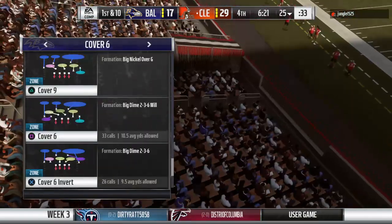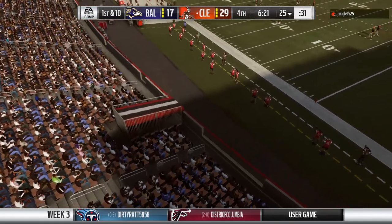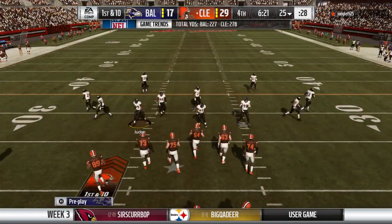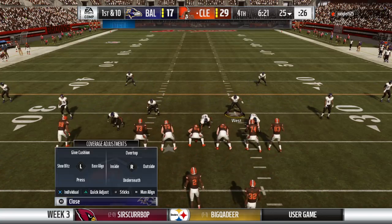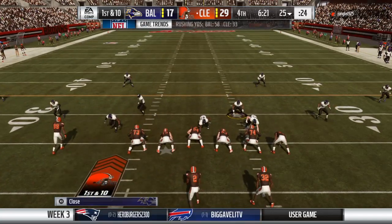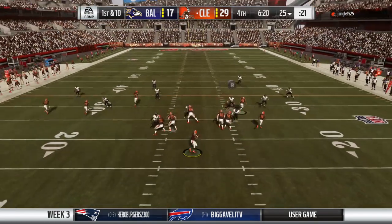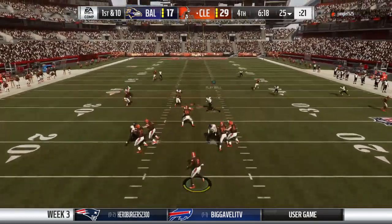And last time they got 3 points, but it was a chip shot field goal. And when you go to the sideline after a chip shot field goal, maybe the offense not too happy. It's a balancing act, isn't it? Because you're exactly right. They're none too pleased that they didn't punch it in for 6 points. But they also have to remember they did put points on the board. 3 points is 3 points. And in this league, you take...